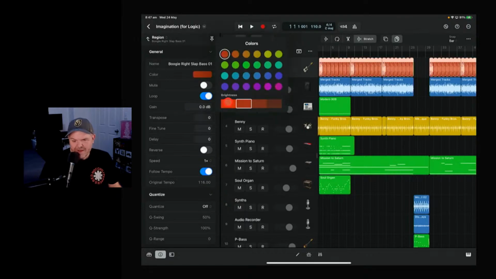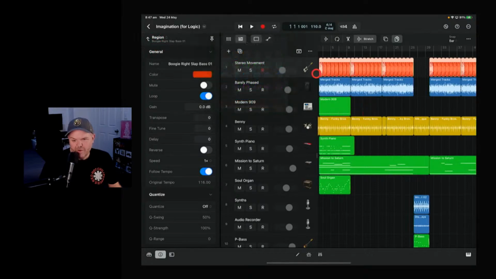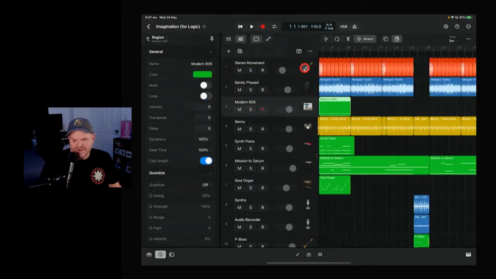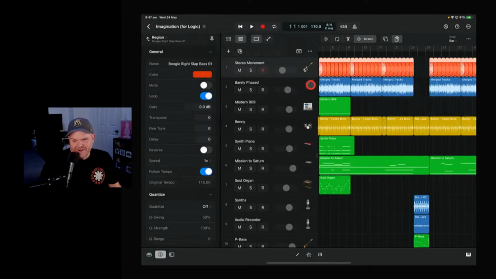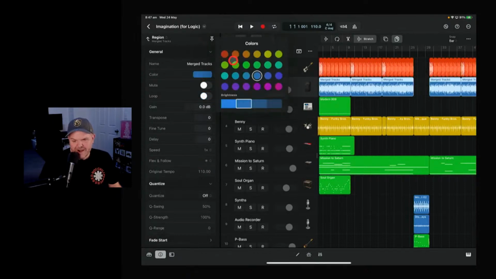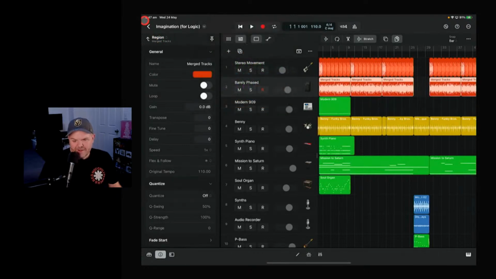There you go. There it is. It's within your region. See, I thought it was in the track view, but no. I don't know what I did with that track because that didn't change the color at all. There you go. So we can do that. We'll make these basses red because that'll make them go extra fast. All right, so that's your inspector.